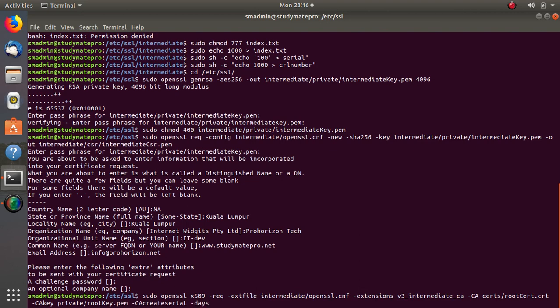Now usually the period of the intermediate certificate should be less than the period of the root certificate. In the root certificate we selected 10 years, let's say for the intermediate certificate we will select 5 years, which is supposed to be 1825 days. Now the input file here will be the intermediate directory, the certificate signing request, and the intermediate csr.pem,